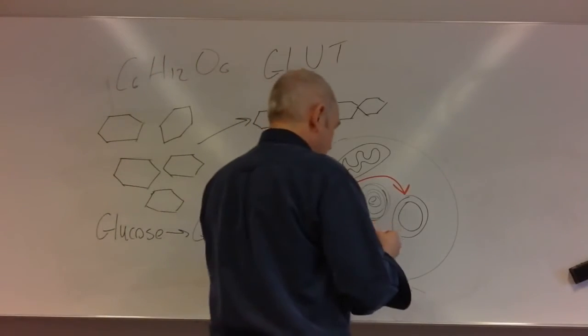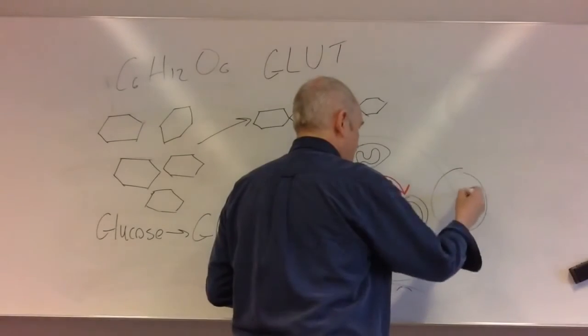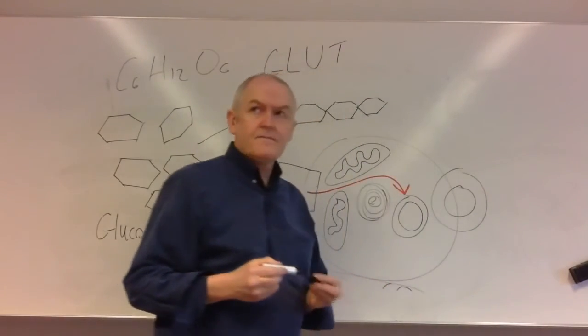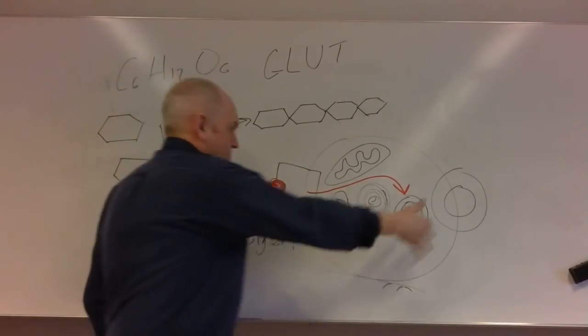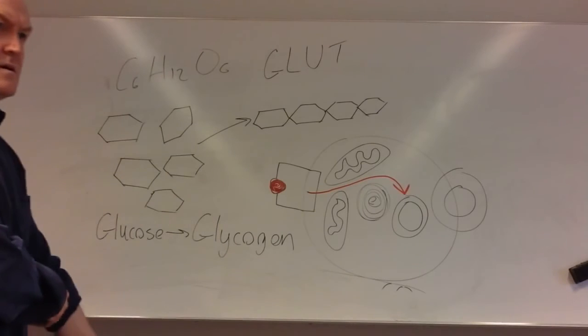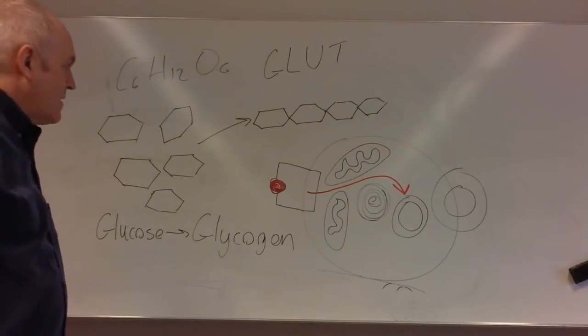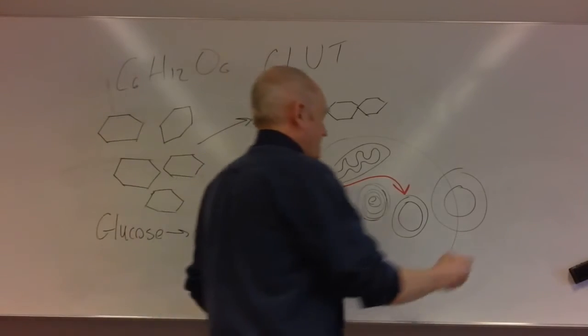So what you end up with is one of these round molecules with a hole in it on the cell surface. So it floats on the cell membrane on the surface of the cell. And what that means is that these individual glucose molecules that are kicking around here